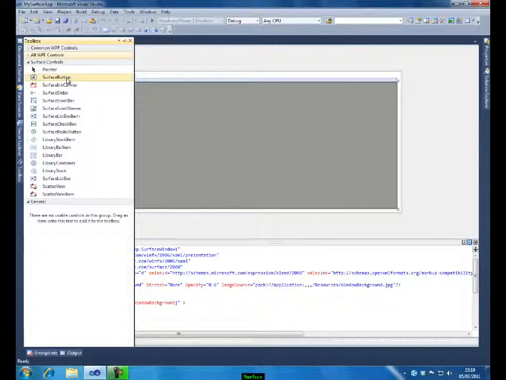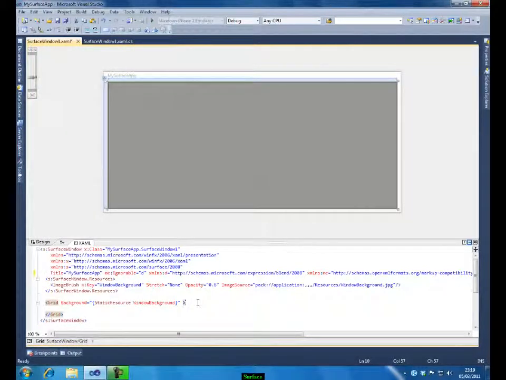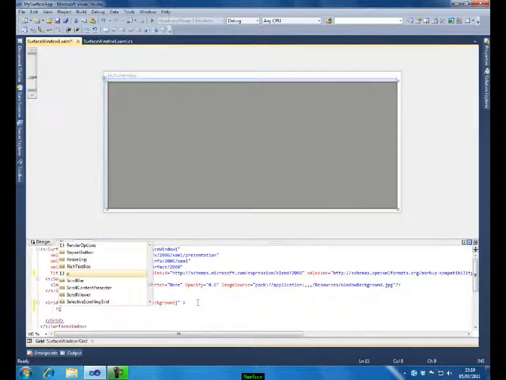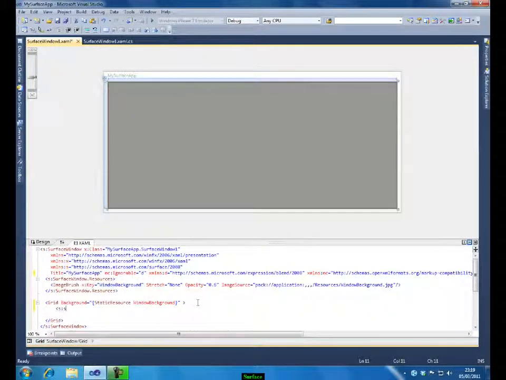Also, we have specific controls made for the surface, like we have scatter view item, surface button, we have library stack item, we have library bar item. For this demo, we will be using scatter view. Let me add a scatter view control.